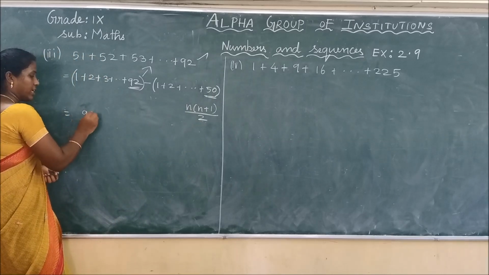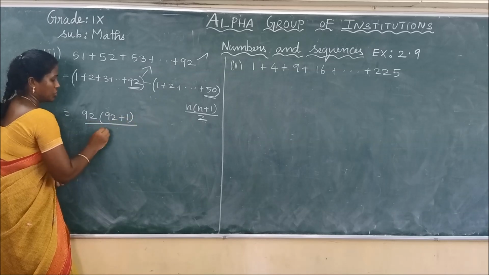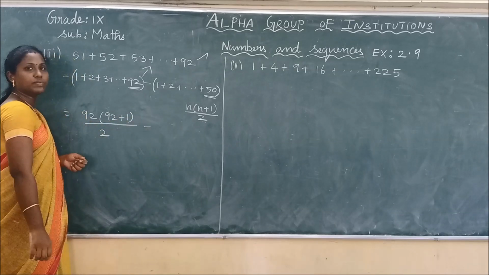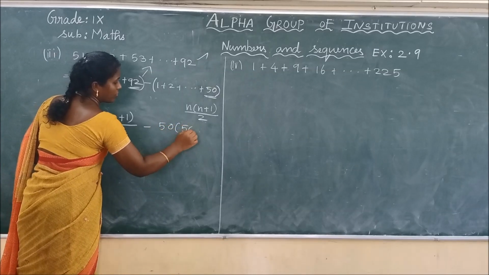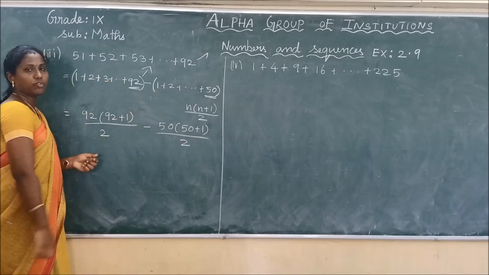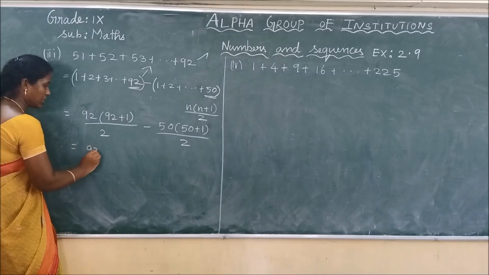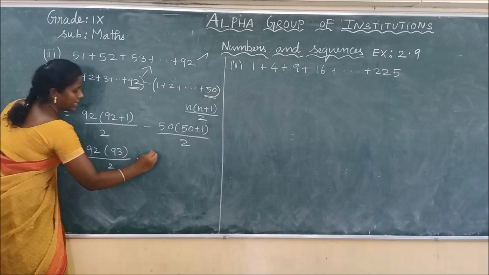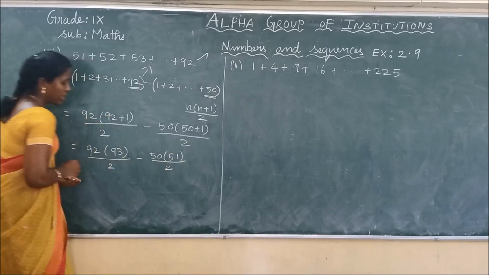So n into (n plus 1) by 2, minus, remember we are subtracting, 50 into (50 plus 1) by 2. For both we are using the same formula, n into (n plus 1) by 2. Now solve it. We have 92 into 93 by 2 minus 50 into 51 by 2. If we simplify,